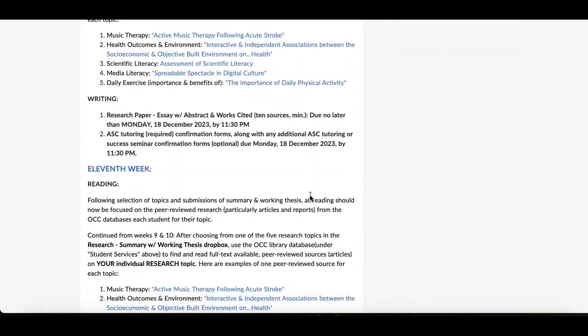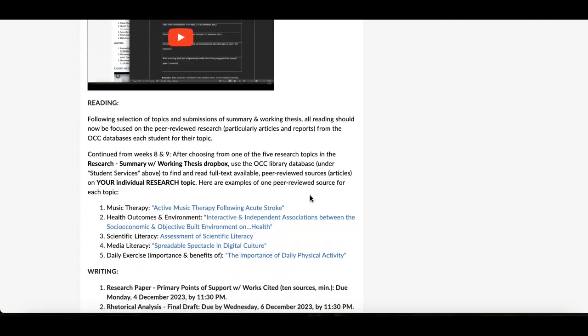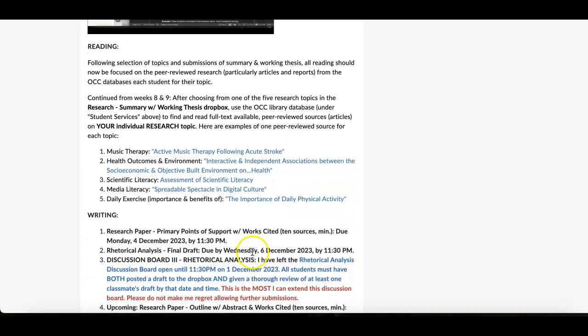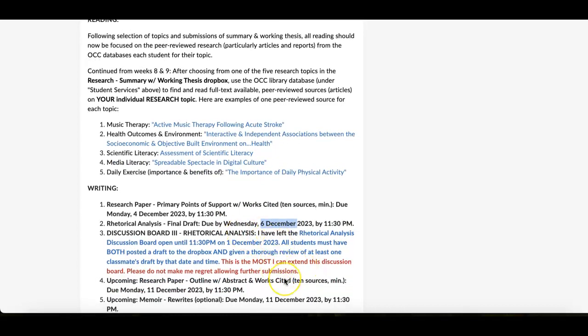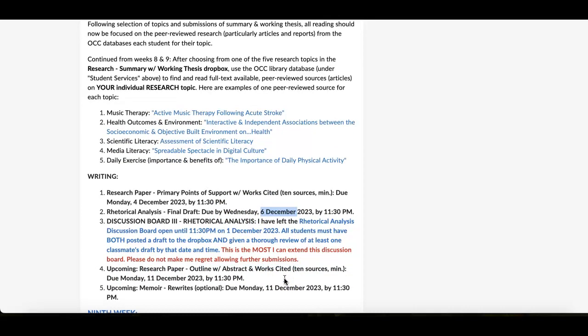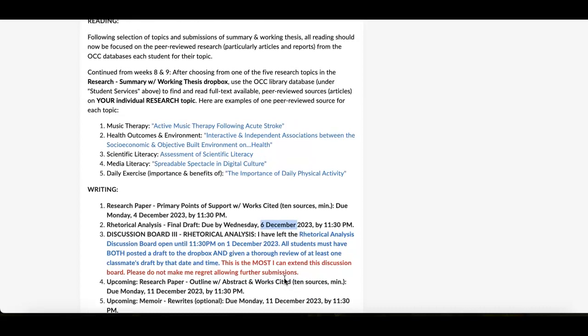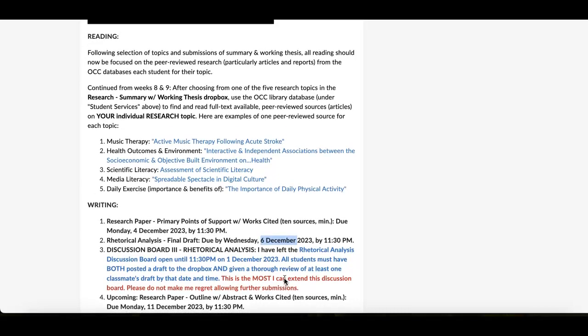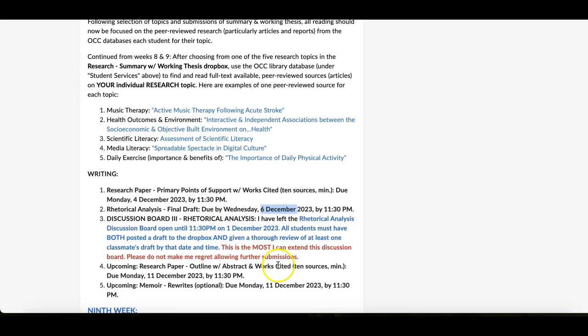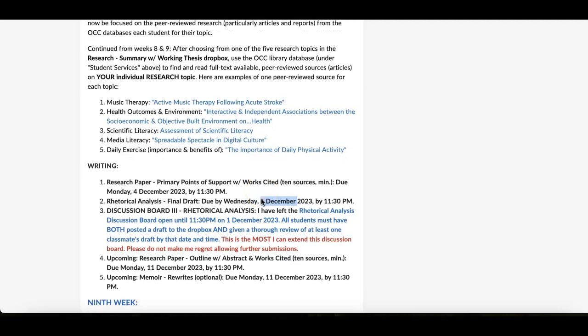In the course schedule from last week on the 10th, primary points of support still due this evening, rhetorical analysis. This is what was adjusted here. Discussion board, those are all done, but students still do have access to view what your classmate posted. Now, I didn't keep a discussion board for the research papers. As I said, there weren't enough students participating in these to make that much of a difference now. So for the research paper, you're just going to rely on my summary and working thesis and primary points of support with works cited feedback this week for the outline, and then outline next week for your final drafting on that.